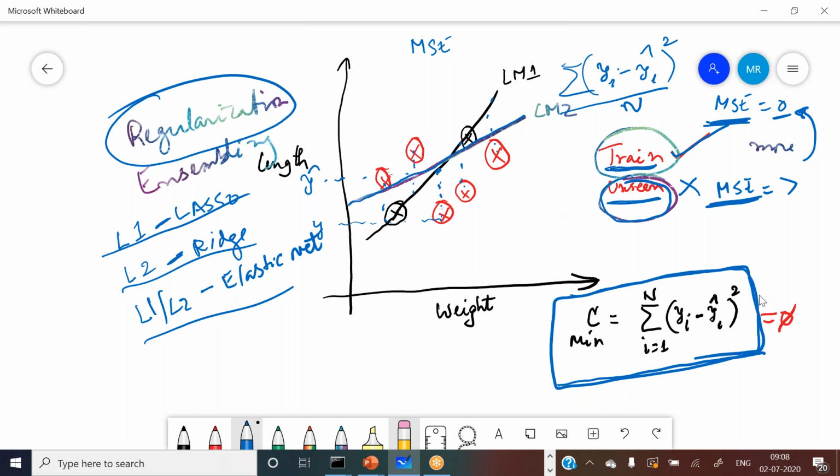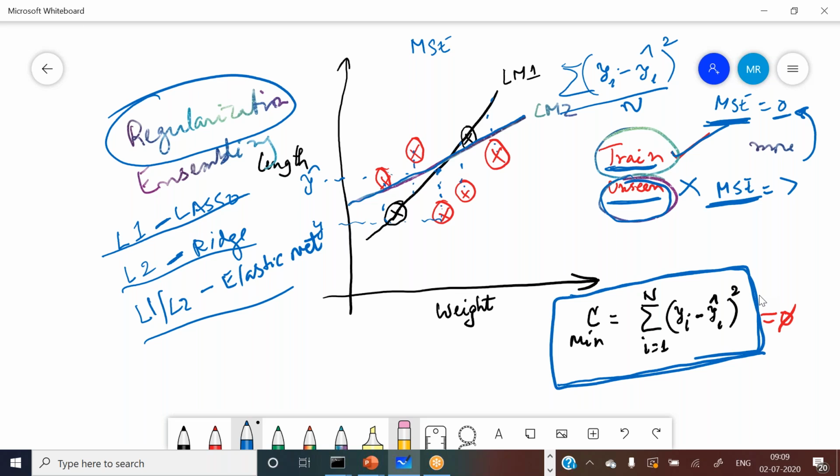What I told you yesterday is that we have these 2 data points in black. Using that, we have trained a model which tries to predict the length of a mouse, given weight. So we had 2 observations and we used a linear regression algorithm.